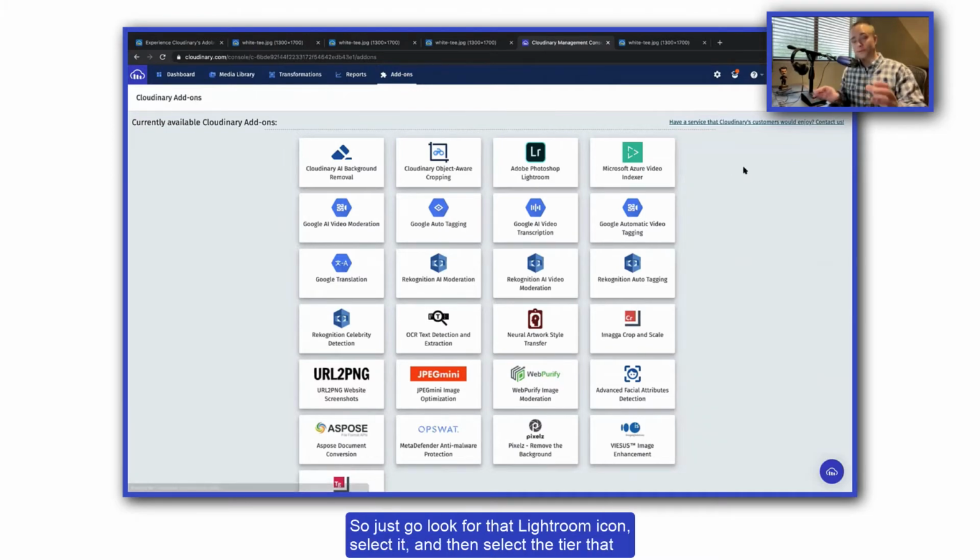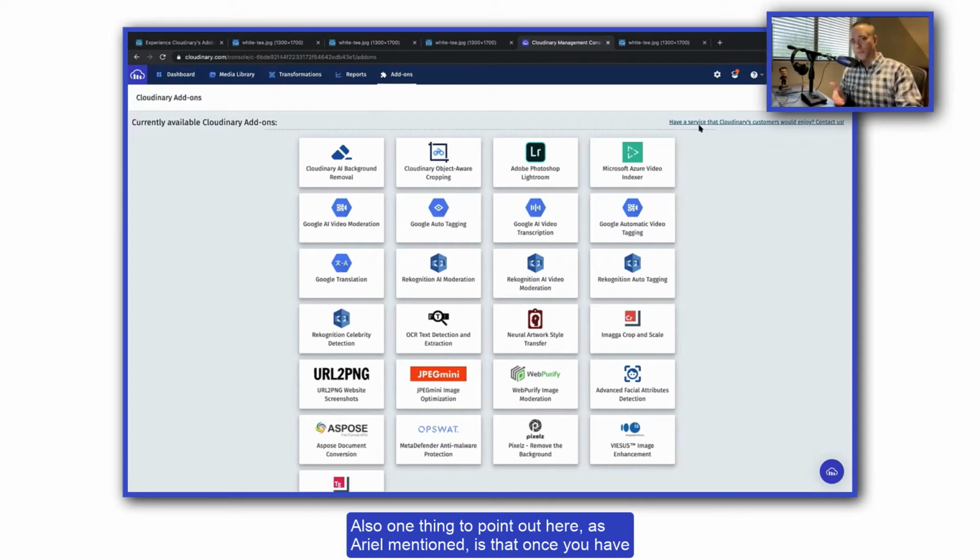So just look for that Lightroom icon, select it, and then select the tier that's most appropriate to you. As Ariel said, our free tier is pretty helpful, especially when you're starting to try this out and want to make sure that it works for your workflows, as well as for your overall teams that are going to be contributing to your overall delivery of those assets, such as images.